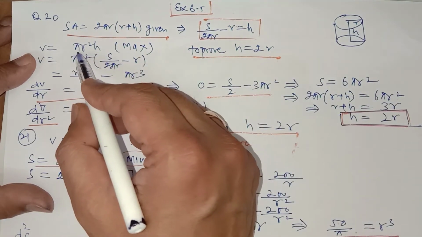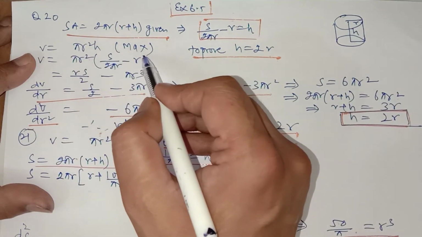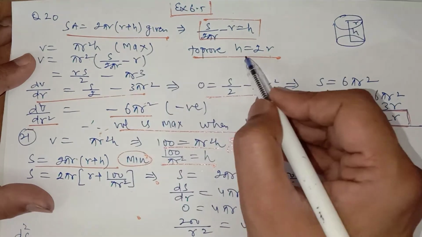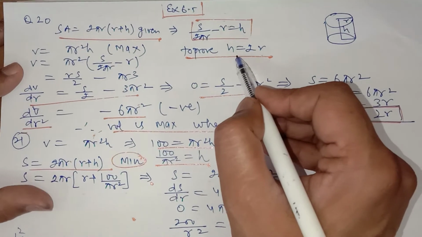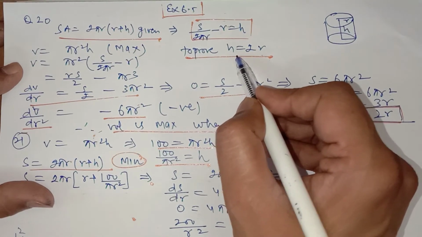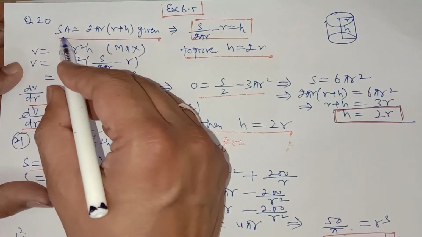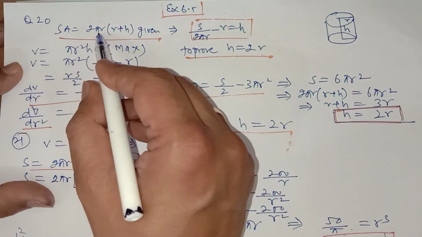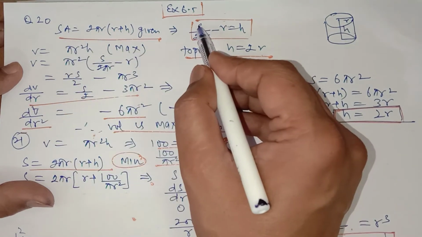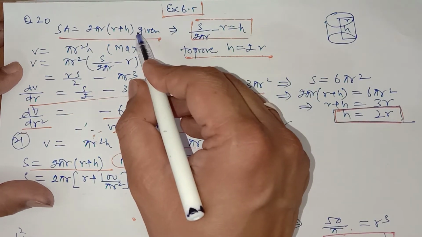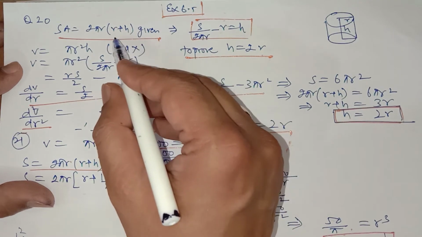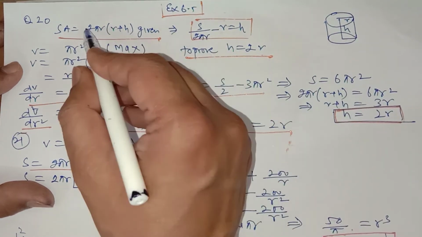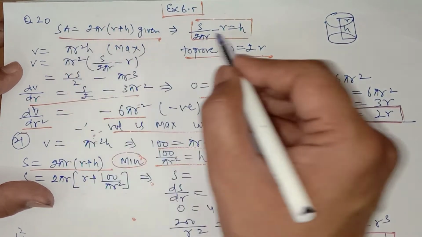So, and its volume, that is pi r square h, you have to prove that it is maximum, and you have to prove that the height of the cylinder is equal to the diameter, that is 2r. Now whatever is given, that is surface area is given, let us equal to s, and from this you have to eliminate one of the variables. So I find out the value of h from it, which will be equal to s upon 2 pi r minus r,